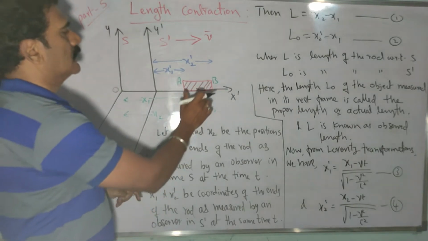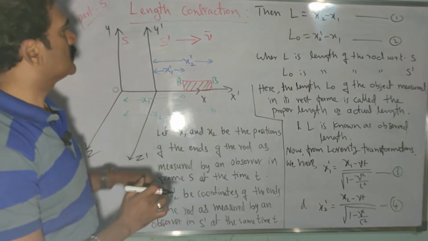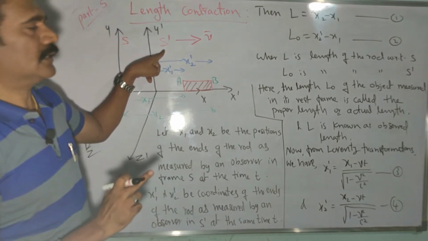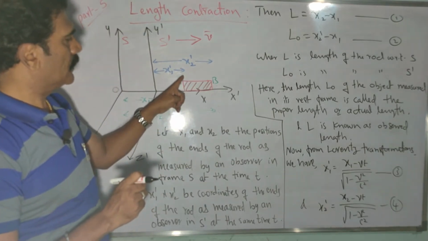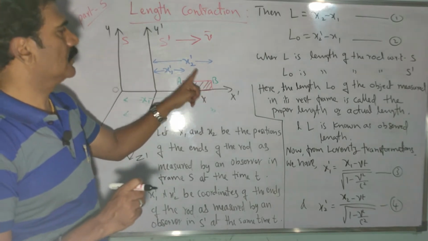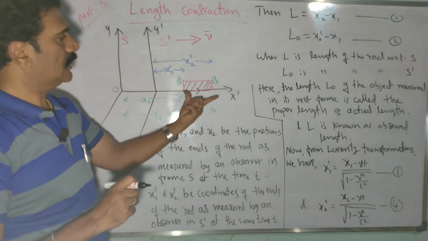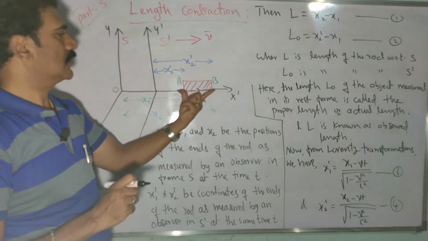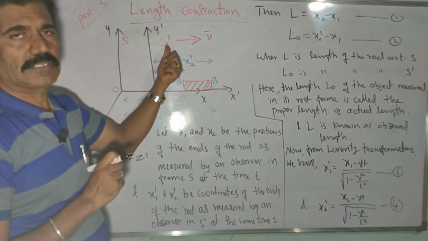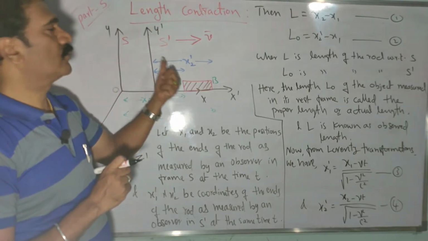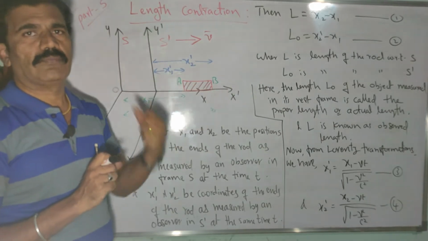Similarly, if I measure the same length of the object with respect to frame of reference S dash, again you have to consider the coordinates measured by S dash, in terms of x dash. There are two positions again. The position A is given by x1 dash, position B is given by x2 dash. Again the difference x2 dash minus x1 dash will give you the length of the rod AB. The length of the rod measured with respect to S dash is actually the proper length, because that is the actual length, because the rod is fixed with the moving frame of reference. As reference frame S dash is moving, the rod is also moving along with it.